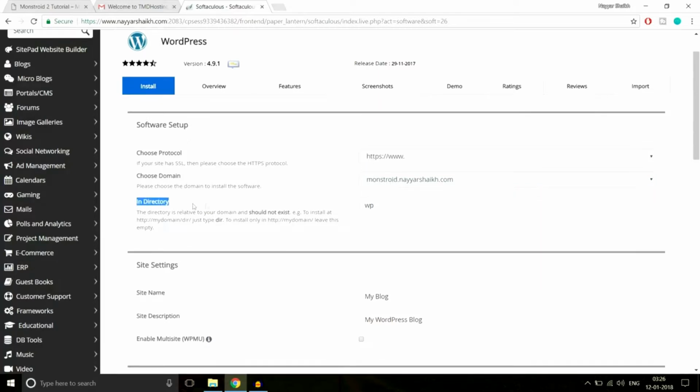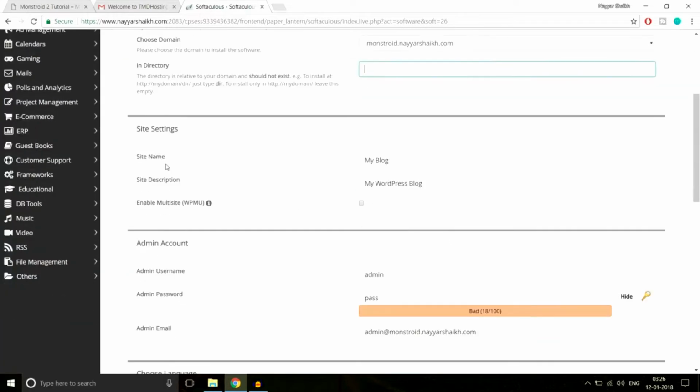After that, we have our in directory section. Now delete everything that we have in this box. Just delete it. Make sure this box is empty. Okay. After that, we have to put in your site name and site description. Now your site name can be anything like your company name. For example, for me it will be Blog Dude. This is my site name, and site description is